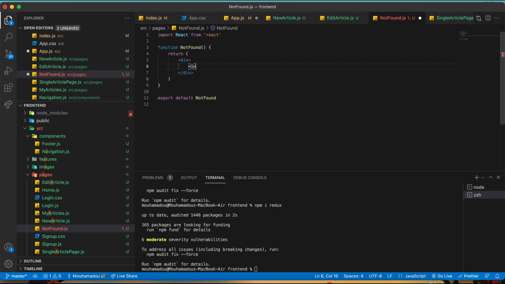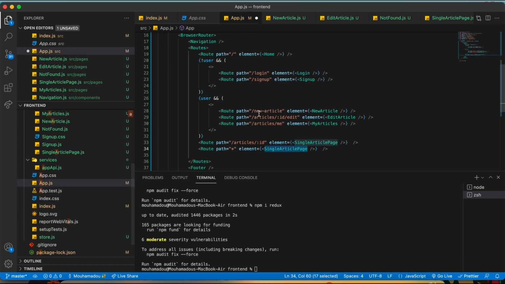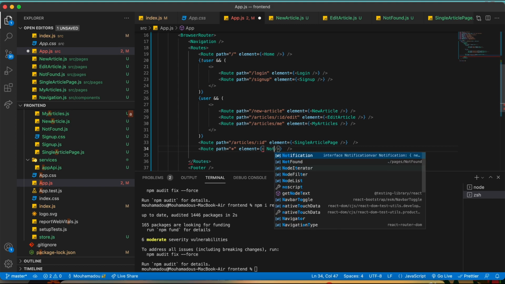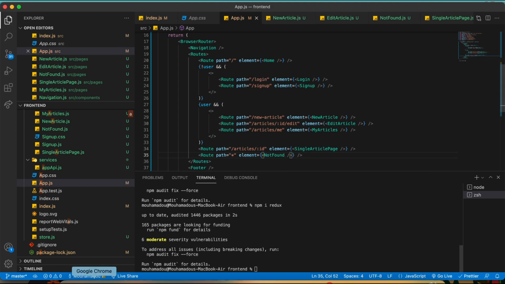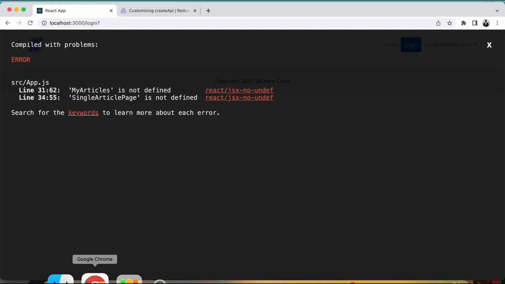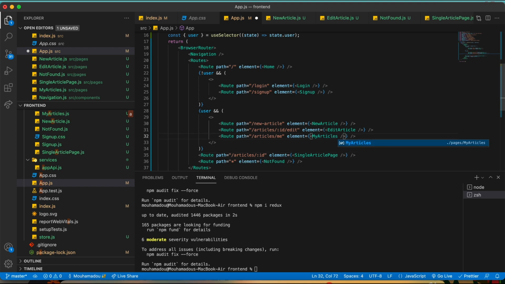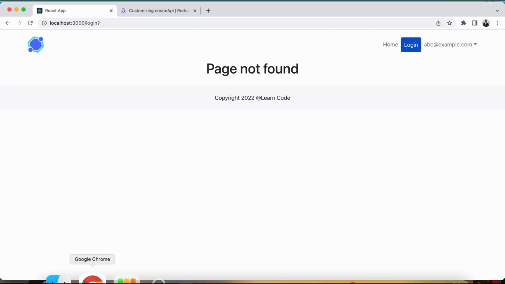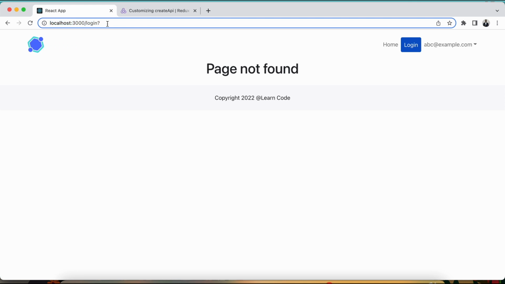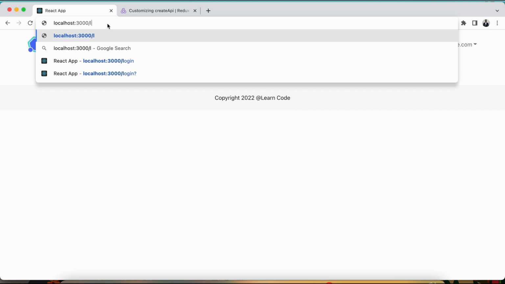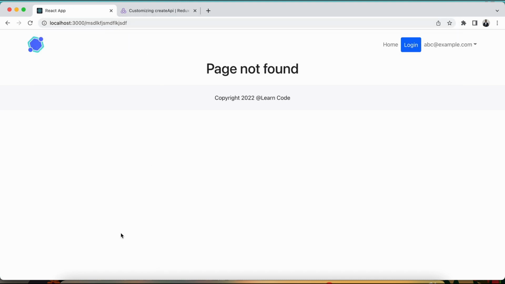Let's just say h1, say page not found, and we say class name is going to be text center. This is the page not found, and we want to show it here. So for every other route, we will use the wildcard character and we'll say not found. Okay, so we have our routes now, and my articles, we need to create them. So single article page as well, let's just say this and this. So we need to import them. Alright, so it says page not found because the login page is only available if there is no user, which is fine. If we say here something that doesn't exist, it should say page not found. Okay, let's go back to the home page,